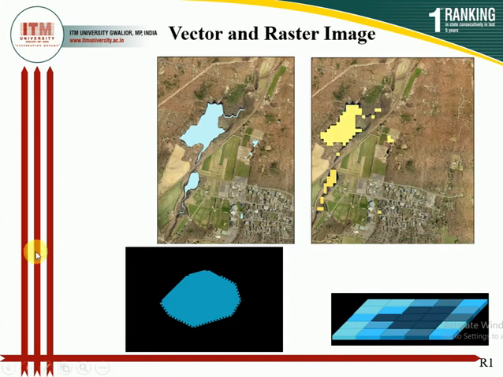The boundaries are clear here in the vector data. This is the representation of vector data where it is a polygon which represents the pond in a particular area. Raster data are in the form of pixels, so the boundaries are stepped and jagged. It does not give a perfect figure for a pond in a particular area. This type of grids are present in the raster data.